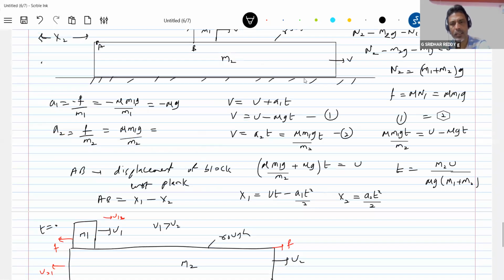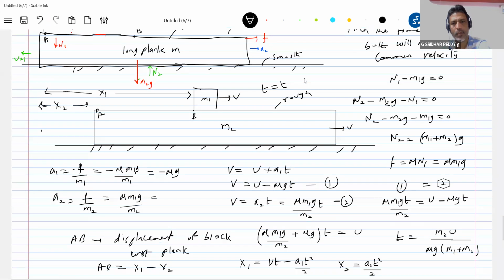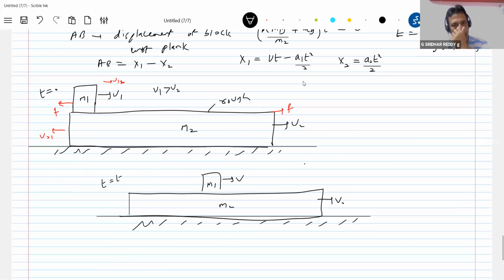Okay, fine. So you try to work out the problem. This is also the same thing. And there's a distance AB. What distance has the block moved